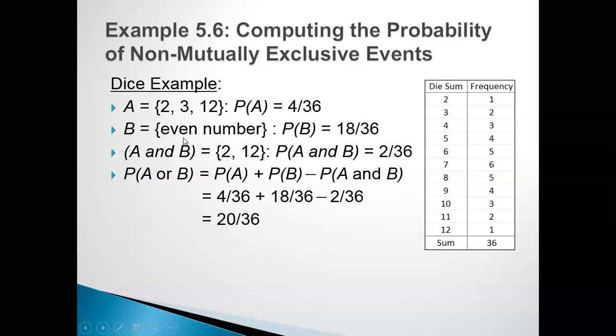Here, 2 and 12, and in the even numbers also 2 and 12. So what are the common numbers here? 2 and 12, because it's an even number. Okay, so here the probability of the common number is 2 by 36, because for getting 2 it is 1, then the probability of getting 12 is also 1,